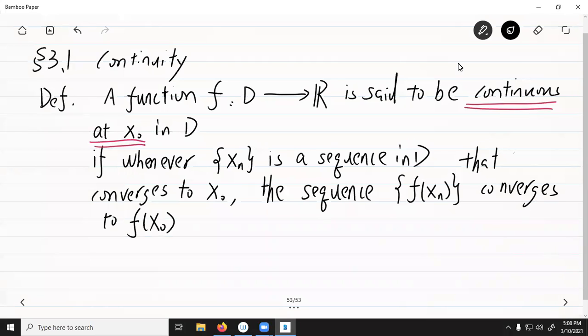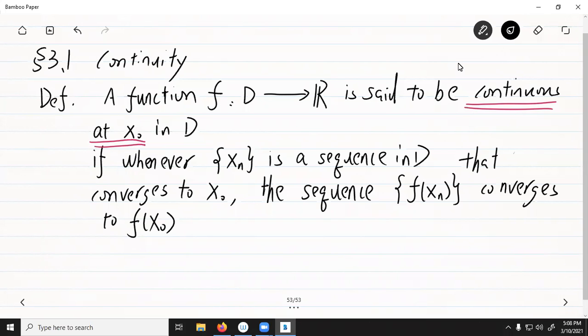Then we say this one is continuous. So whenever you have a sequence xn in the domain D with the limit x0, if the sequence formed by f of xn also converges to f of x naught, then we say this function f is continuous